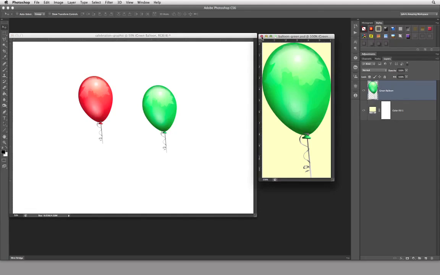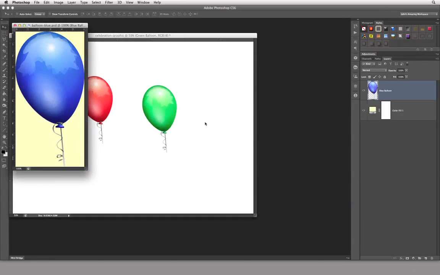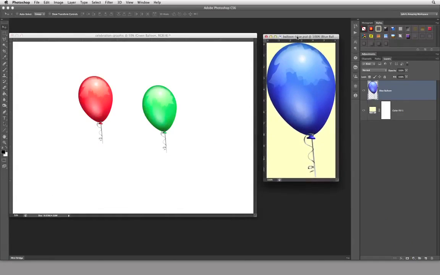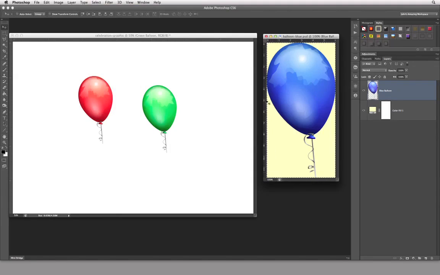So now I'm going to close this off, and then I'm going to open up the blue balloon, and I'm going to come over here, and now what I want to do is show you the ability to copy and paste, if you will. So now I have this layer as my currently active layer, and I want to copy and paste. It's very simple. Select all. We have to select everything in the Photoshop file. So select all puts marching ants all around there. And because I'm only on this one layer,